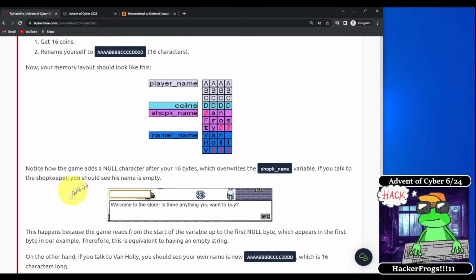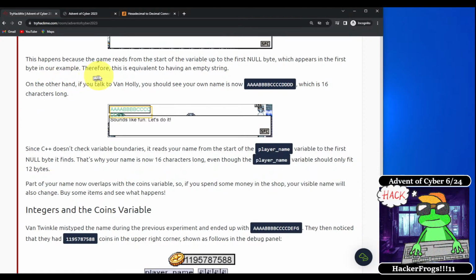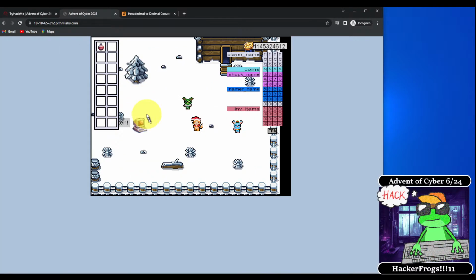So going back to the lesson. This happens because the game reads from the start of the variable up until the first null byte, which appears in the first byte in this example. Therefore, this is equivalent to having an empty string. On the other hand, if you talk to Van Holly, you should see that his own name is now AAAABBBBCCCCDDDD, which is 16 characters long. All right, so if we talk to Van Holly, which is the named character,